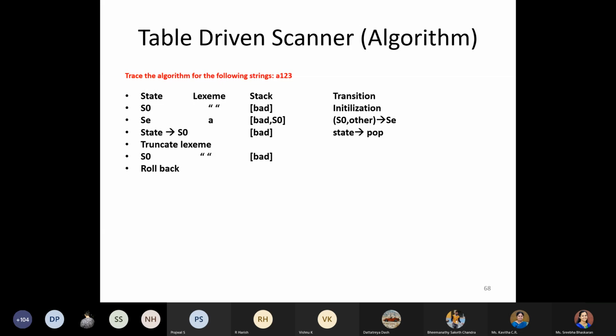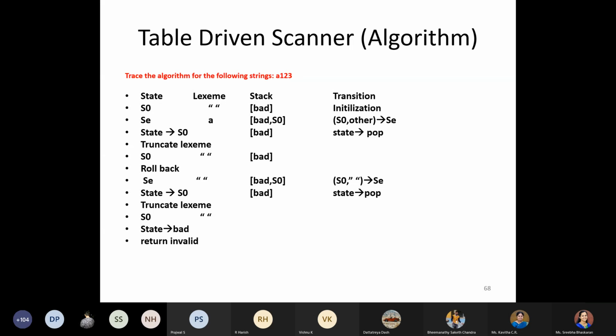Which was bad, right? So bad, it won't be accepted. So you come out of that particular loop and you see whether it is in the final state. It's not in the final state. So you would be returning it as invalid.